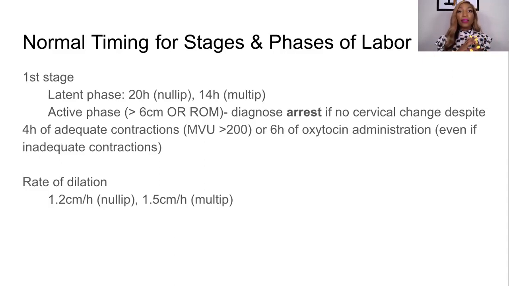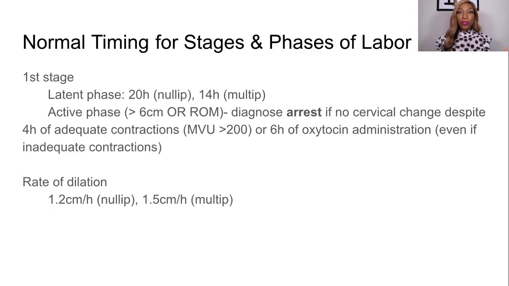Grand multip is somebody who has delivered more than 5 babies, or this is her 5th pregnancy. And that helps us know what's happening in our heads as practitioners, because multips take less time than nullips on every single category. So in the latent phase, it is acceptable for a woman to go from regular contractions to 6 centimeters